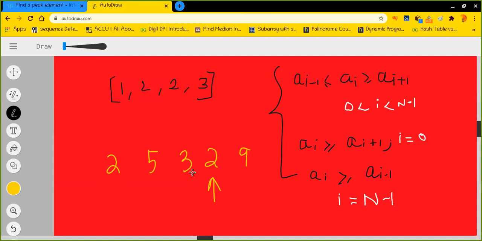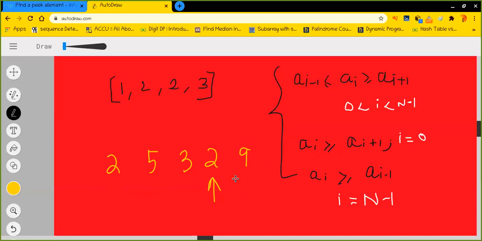So in this case, both of the segments are basically bigger than me, and you can clearly see that in both of the segments I have a peak element existing. One of the peak elements is this, the other one is this, right? So this is one of the positive points. If I move to either one, if I search in either segment, I can find a peak element very easily, isn't it? But let's look into some different example where the idea may fail.